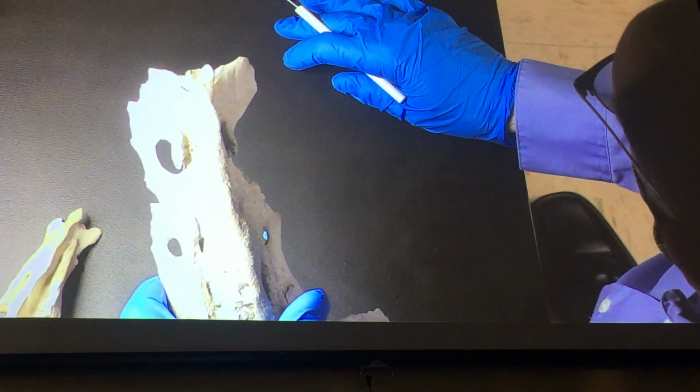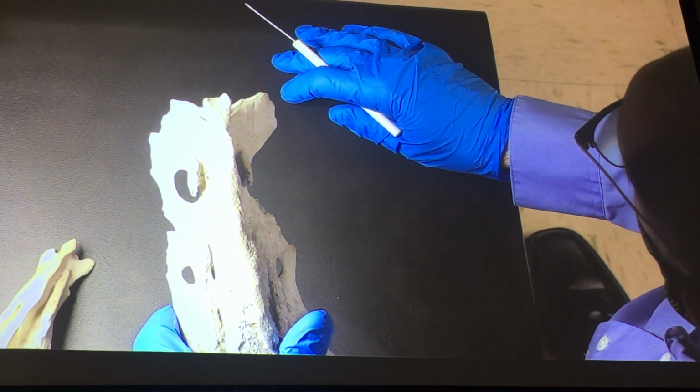Does that help? Does it help to review a little bit? Okay, Dyson, are you